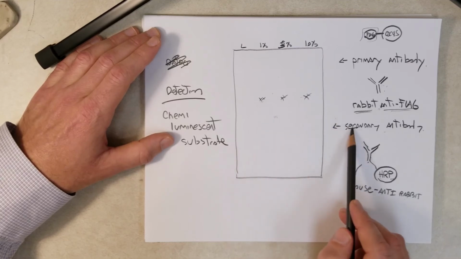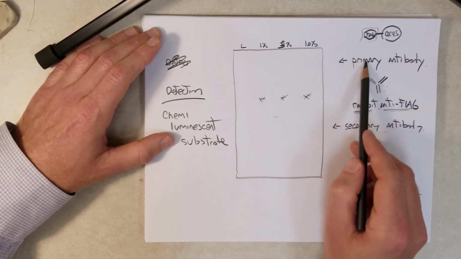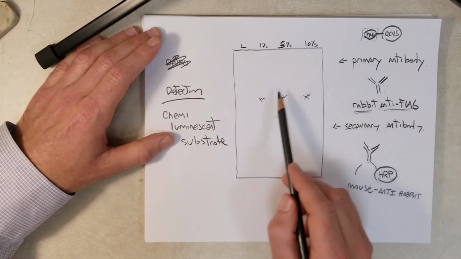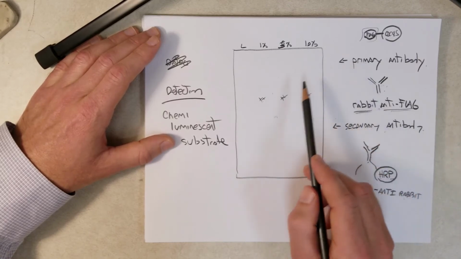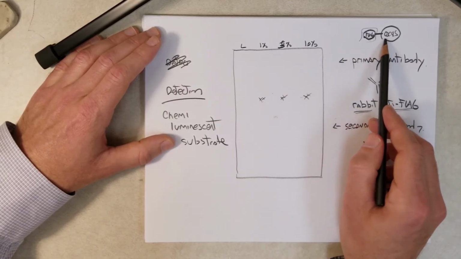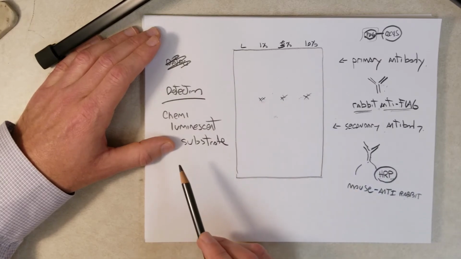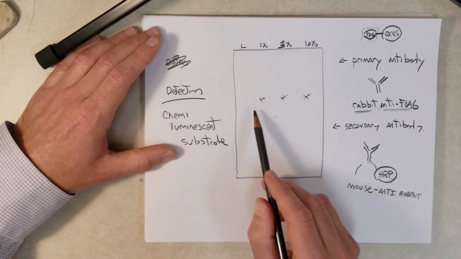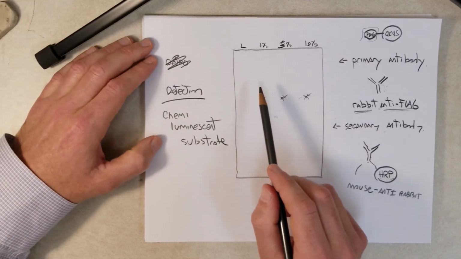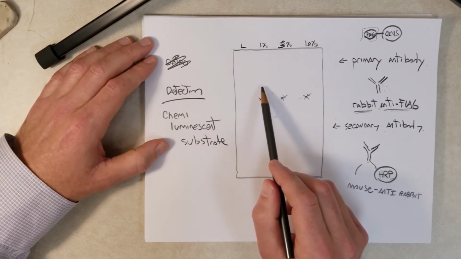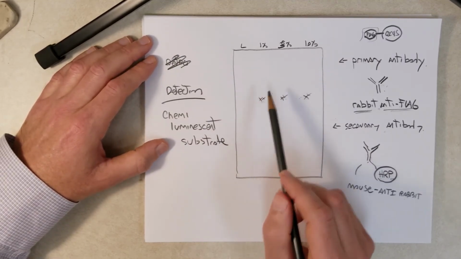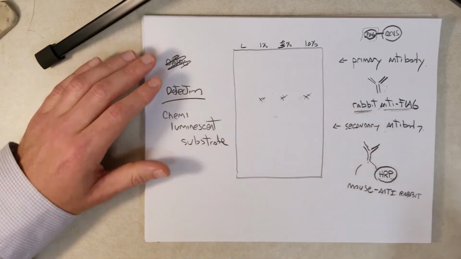The secondary antibody is only going to be found where the primary antibody is found. And finally, the primary antibody is only going to be found where flag CDC45 is. So these spots right here will start glowing. So what we need to do is place this membrane under a very sensitive camera in the dark. And then what will happen,